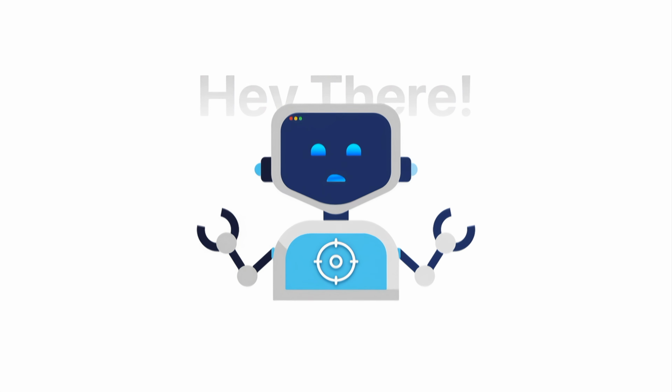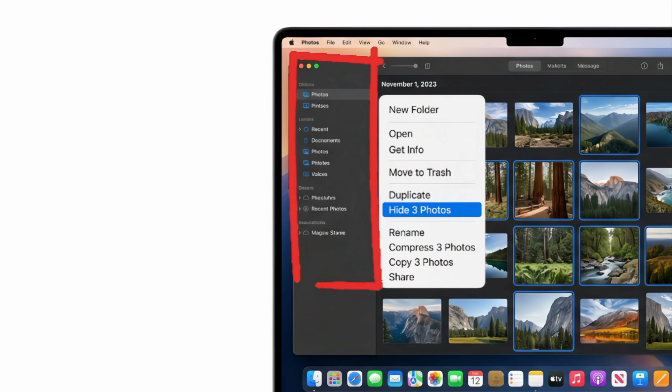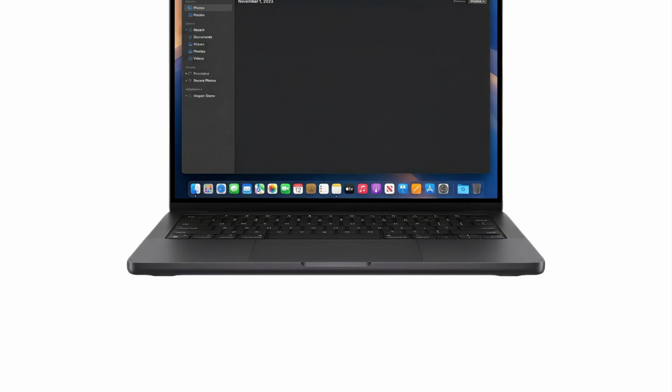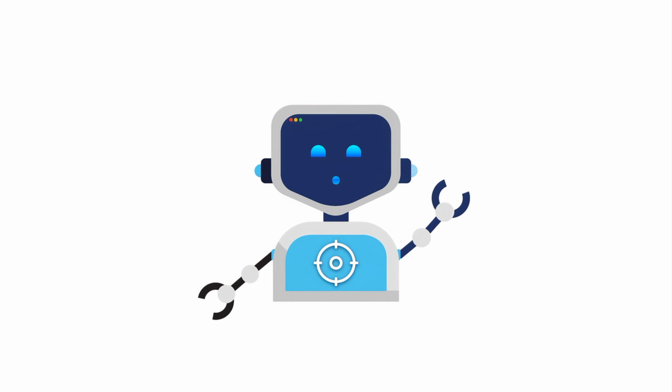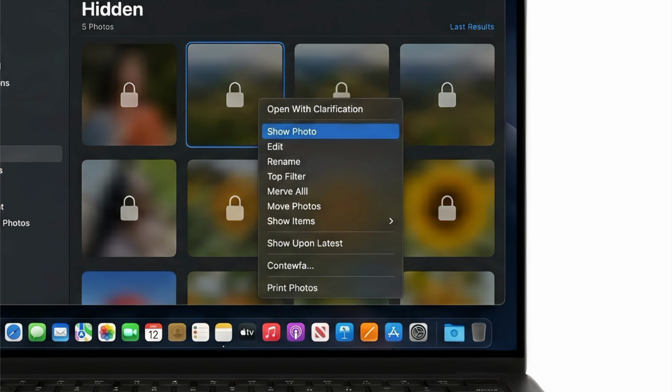Hey there! Want to hide some private photos on your Mac but can't find the hidden album anywhere? Or maybe your photos aren't even showing up in the Photos app at all. Don't worry, I've got you covered. In this video, I'm going to walk you through every native way to hide and unhide photos on a Mac,